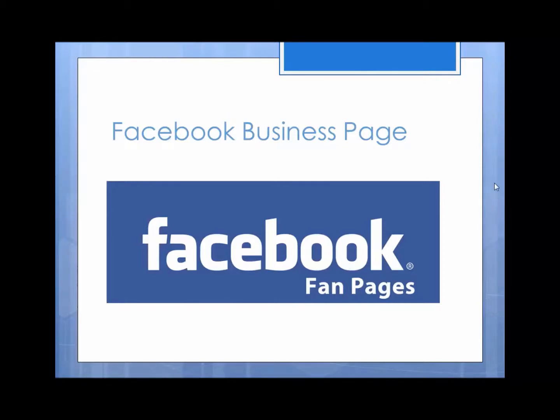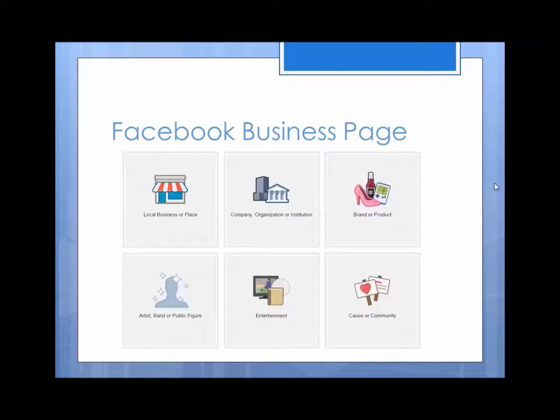In this instance, all I'm pointing out here is that another name for Facebook business pages is Facebook fan pages. Now, one of the things that I commonly get a question about is how do I register for a Facebook page? In this area of the presentation, I'm saying that you can create several types of Facebook business pages. More specifically, if you're a job seeker though, I want you to focus on the top row, the very end, the one that's for brand or product.